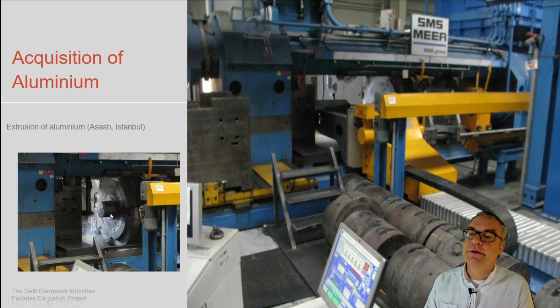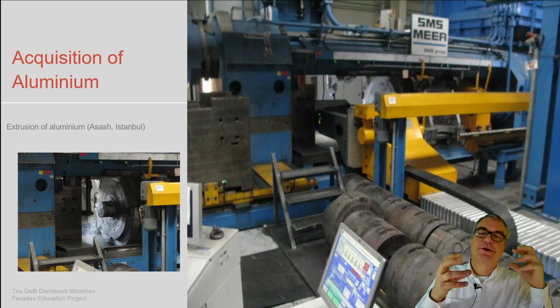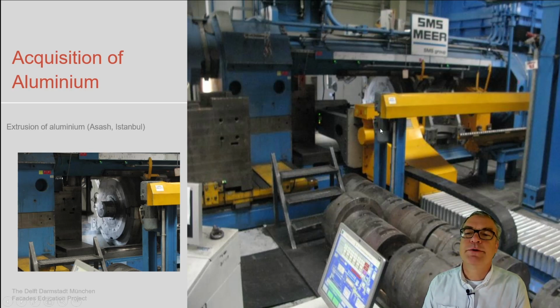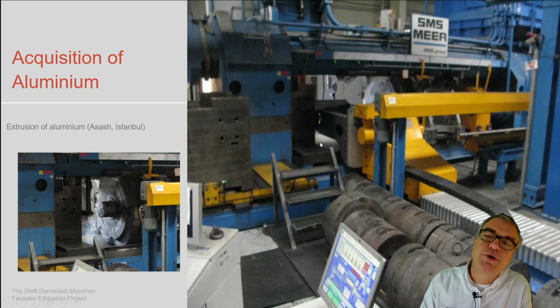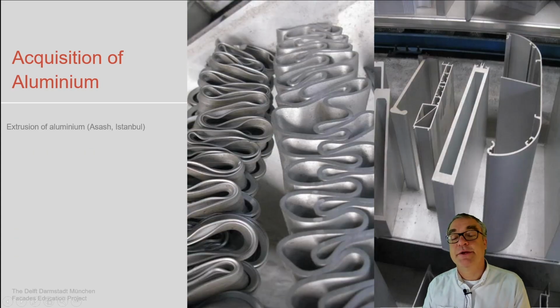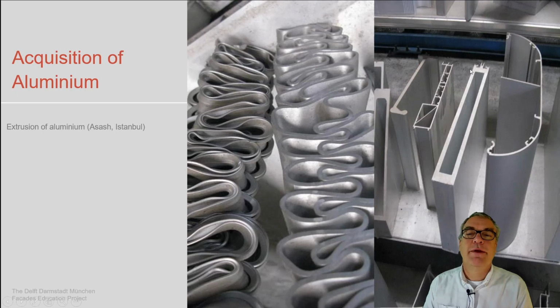We see here, this is the pusher, which then pushes the bar through the extrusion profile. This is the entire process. So the die is brought somewhere here, then the bar is brought in here, and then this process pushes the bar through the extrusion die as a result. And this is what the results are when they're finished.